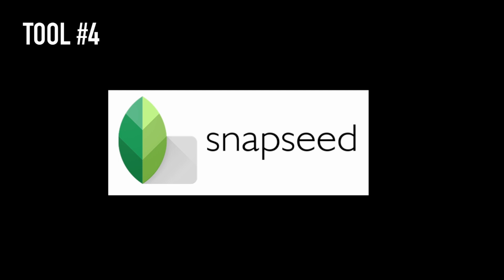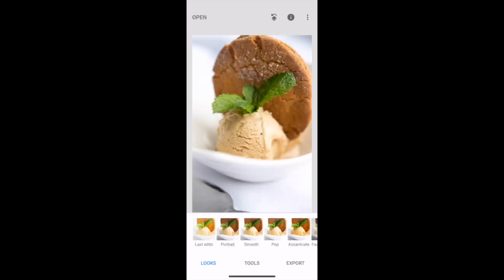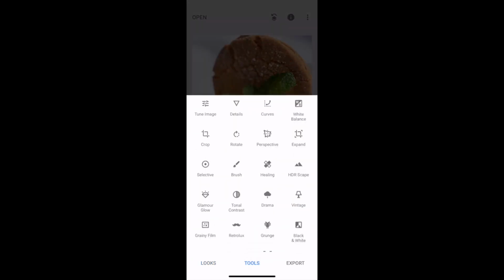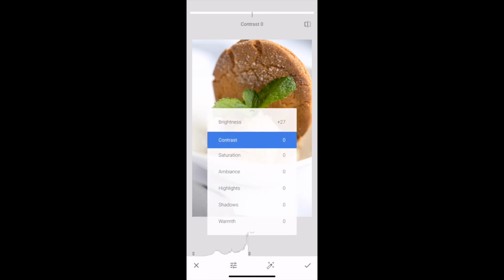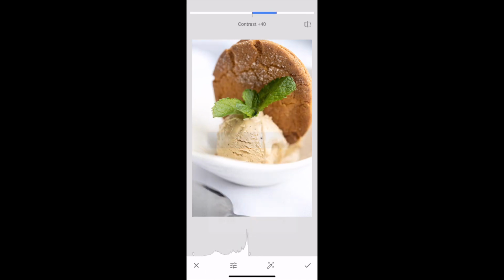The other one, number 4 I want to talk about is Snapseed. Snapseed is a photo editing app that's put out by Google. There are a ton of photo editing apps, and I just think this one is the best. There's a learning curve for new users. It's not entirely intuitive when you first get in there, but it's again really robust. You can do so much on it.